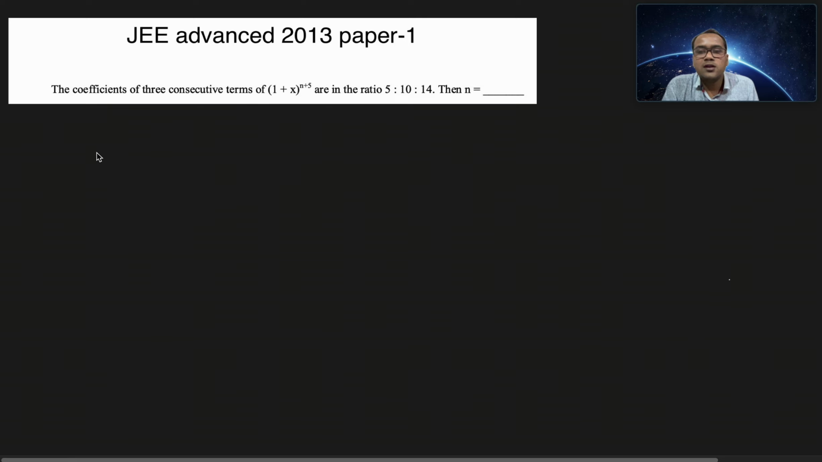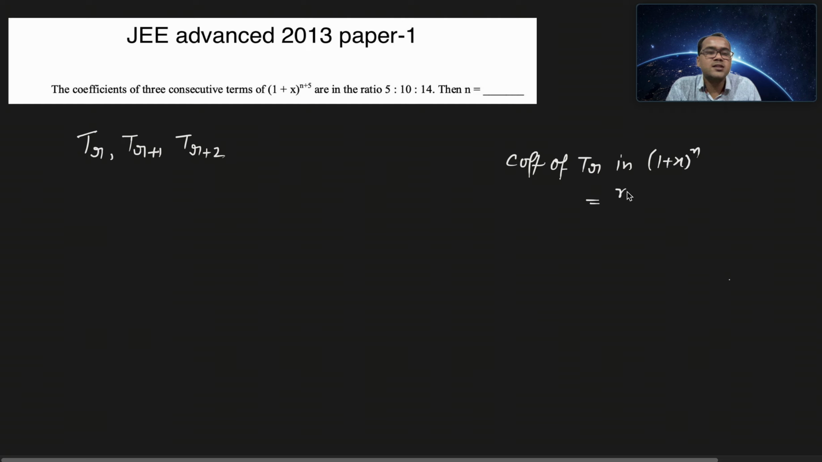So let me take the 3 consecutive terms to be the rth term, (r+1)th term and (r+2)th term, and they are saying the coefficients of these terms are in the ratio 5:10:14. So if you know, the coefficient of t_r in (1 + x)^n is written as nC(r-1). That means the coefficient of t_r would be